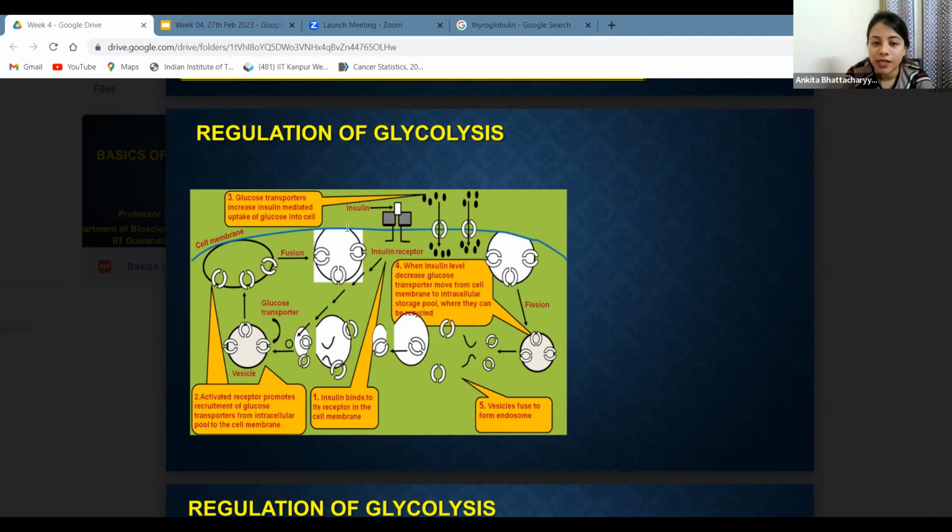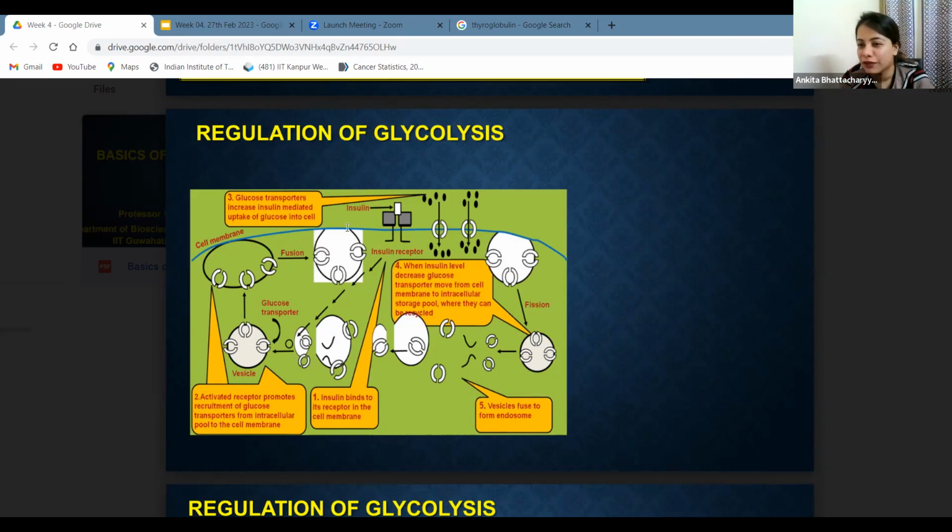So that's what happens, and it basically sends up glucose transporters to the cell, so that you now carry out this transport and you bring glucose towards the cell interior and don't let it circulate. And effectively what happens is that the blood glucose would decrease. So when insulin levels would again further decrease, now when that is again regulated,